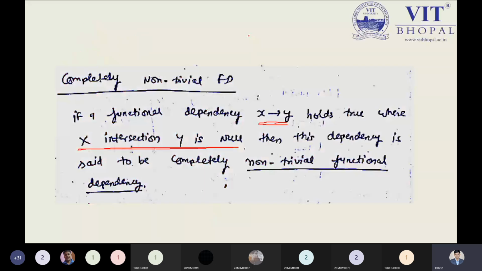There is a little bit of difference we have to keep in mind while understanding functional dependencies. And when you study this topic from other places, you will find the partial functional dependency, partial non-trivial functional dependency. This term comes from that part only. That's why I put it over here, the completely non-trivial functional dependency. So this is a definition we have to keep in mind while implementing or learning functional dependencies properly.